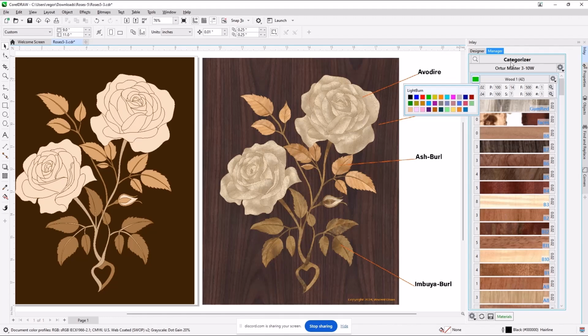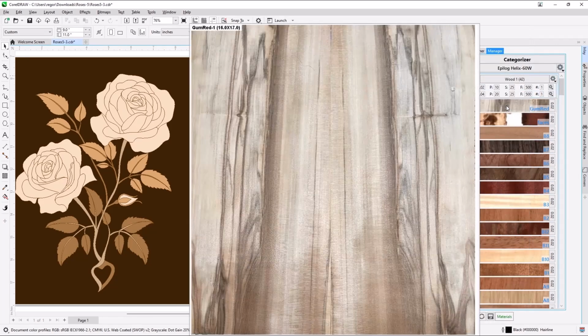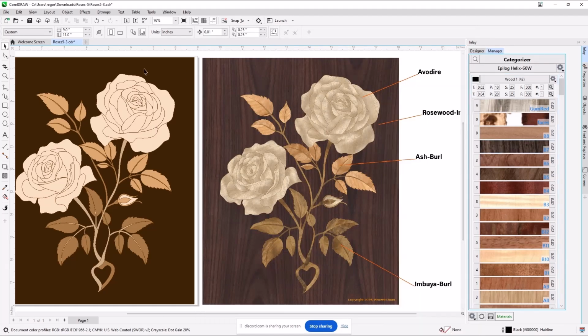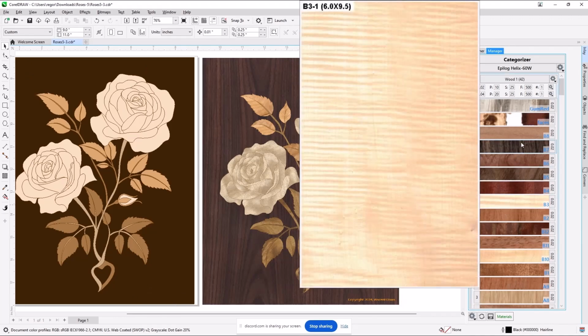So again, those are the machines. I tend to stick with the one I know, so I just use that one. In this manager mode, I have 42 veneers loaded. The presumption is they're all the same thickness. The other thing that shows up here is the actual picture of the veneer has the physical size of that veneer. This one's 16 by 17. This one is 3 by 8. A 3 by 8 with something that's 9 inches by 11 inches isn't going to fly. So you need to be conscious of that.